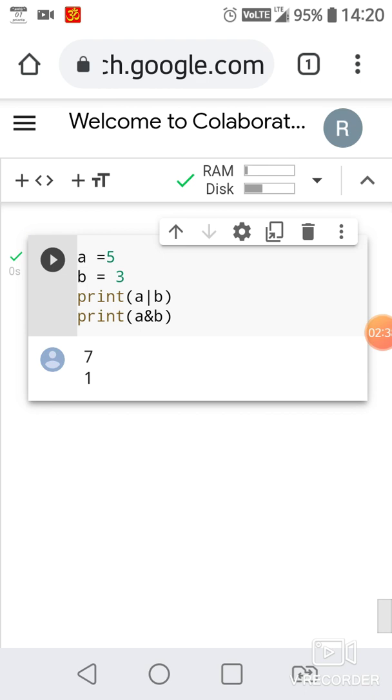you will get the result. If you perform logical OR of 5 and 3 bitwise logical operation, you will get result 7 corresponding binary value 0 1 1 1. If you perform logical AND of 5 and 3, you will get 0 0 0 1,